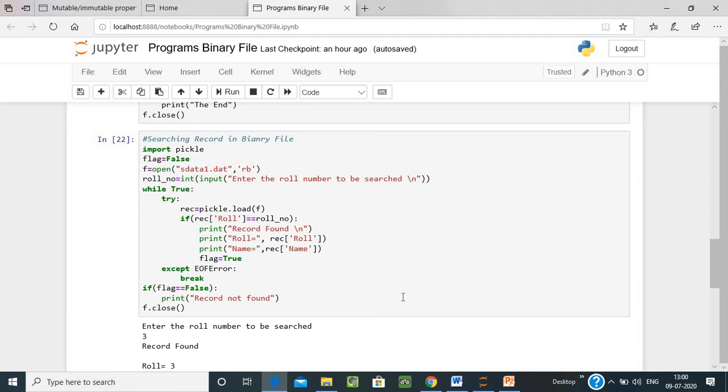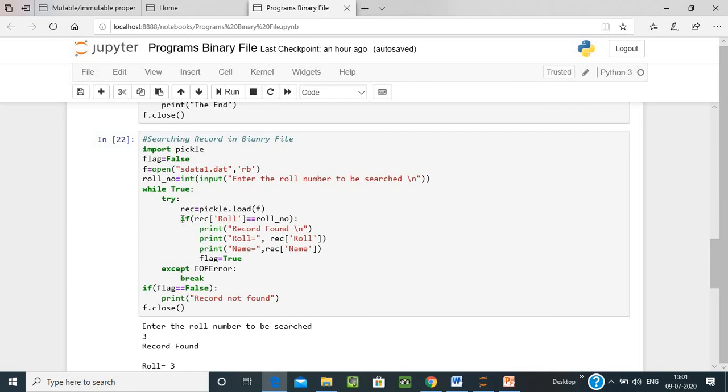Now if record roll equals roll number: if the roll number loaded in the variable record is equal to the roll number, if the condition is true, we will print record is found, and we print the content related to this particular roll number.